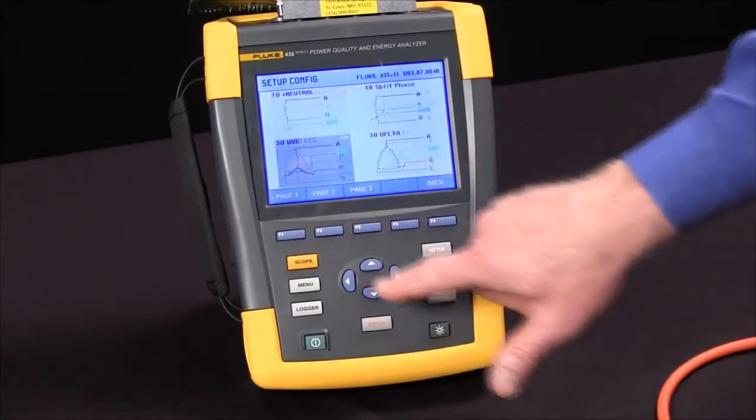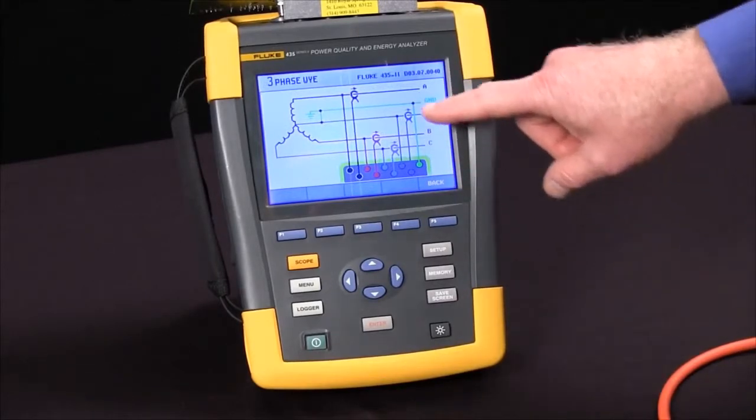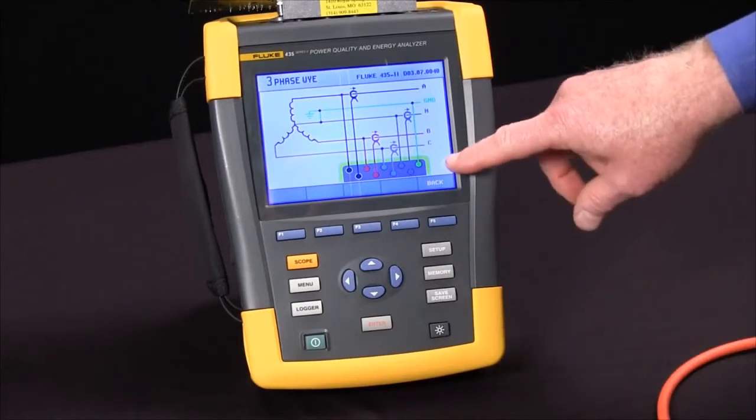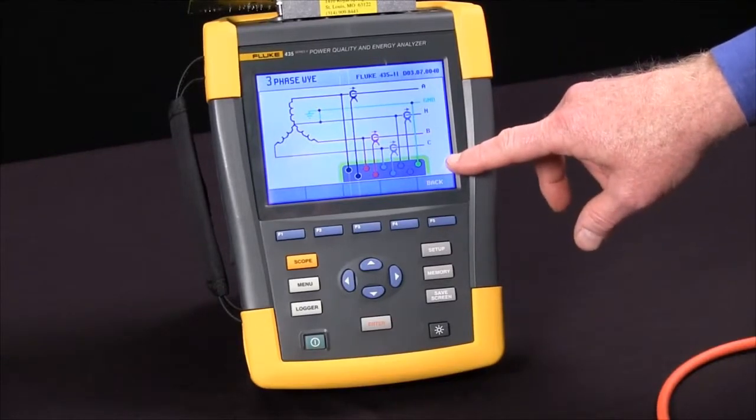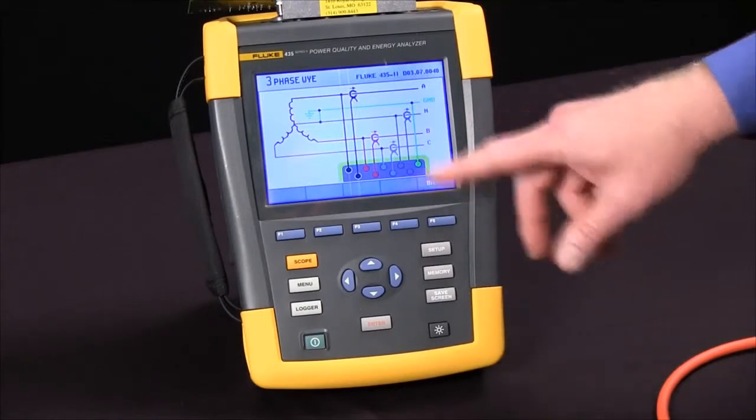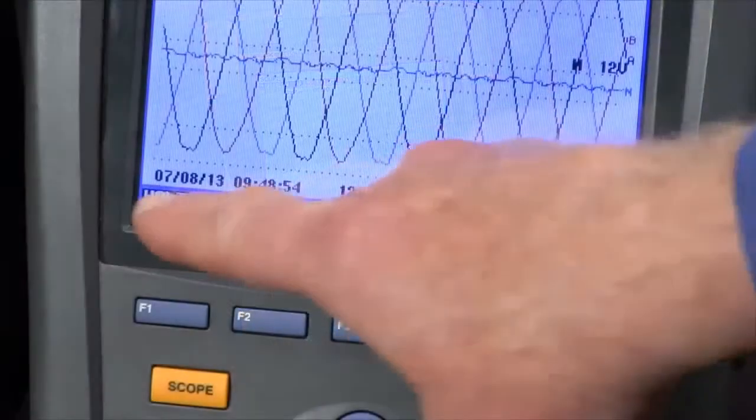If we come back to page 1 and hit the Enter key, we'll see a wiring diagram that shows us where to put our CTs as well as our voltage connections, all color-coded to match the labels on the cables and the inputs to the 435. Once we've got that configuration set up, we hit the Scope key, and now we can see our live voltages